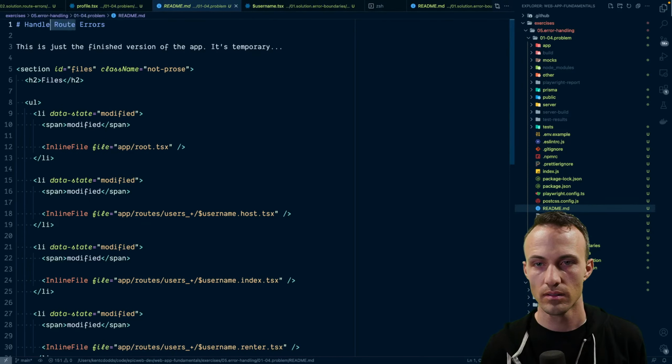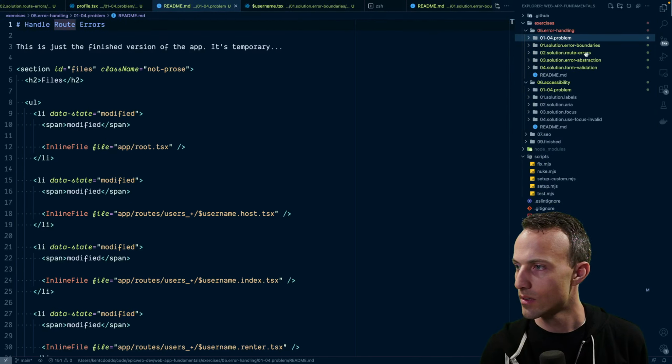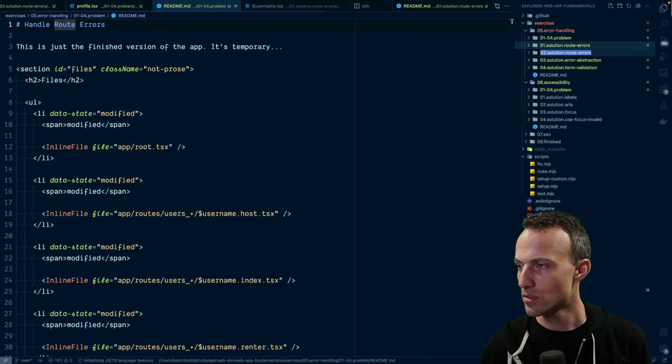Handle route errors. Yeah, let's rename this actually. This will be route errors. This will be error responses, error abstraction, and then form validation.